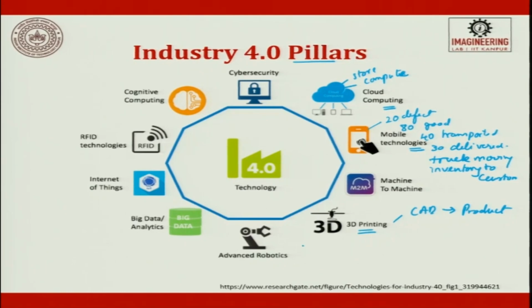Jobs which were not possible by conventional machines are made possible by using 3D printing. And more than that, the batch size of a 3D product can be 1. There are many products which are developed without using fixtures. So, this is a big boon. 3D printing is a big boon, which is a big pillar in Industry 4.0.